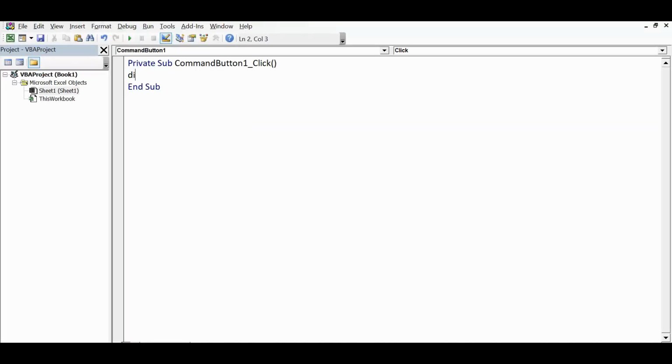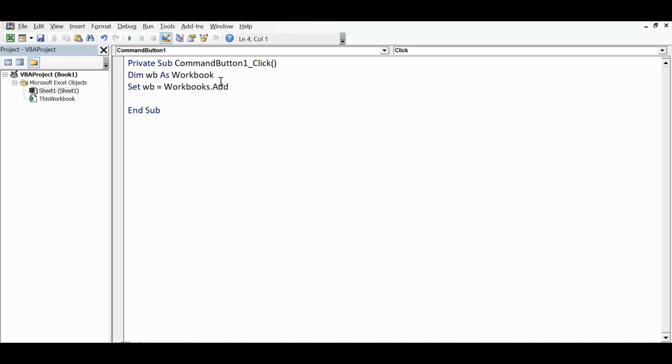So the code is Dim wv As Workbook. We have created one variable of Workbook type, and then Set wv = Workbooks.Add.